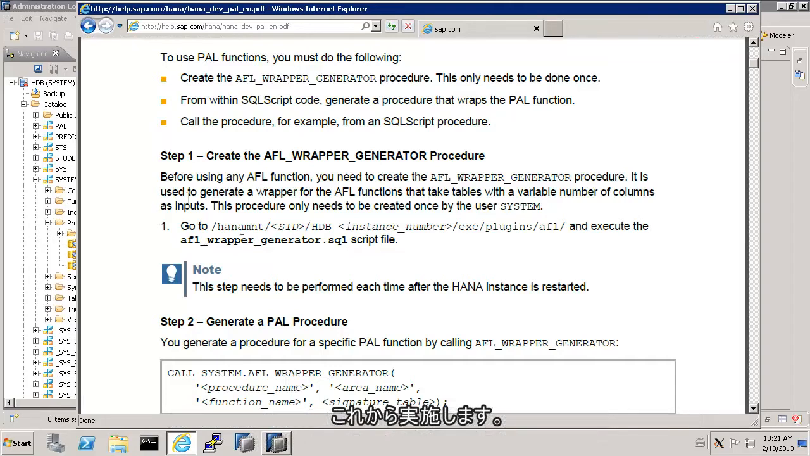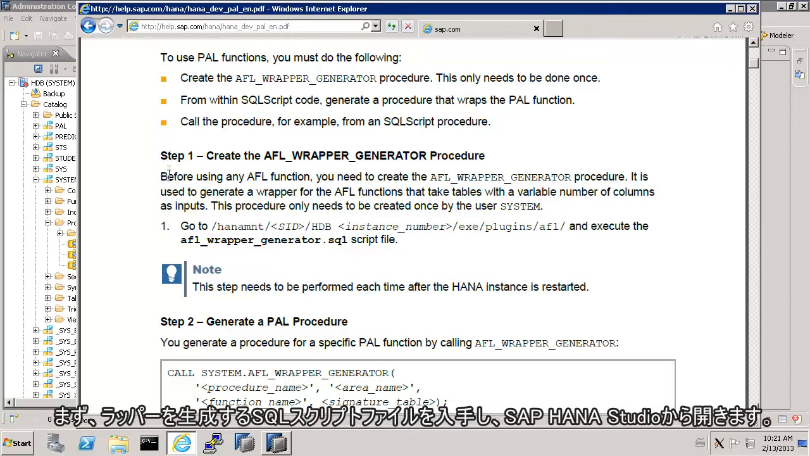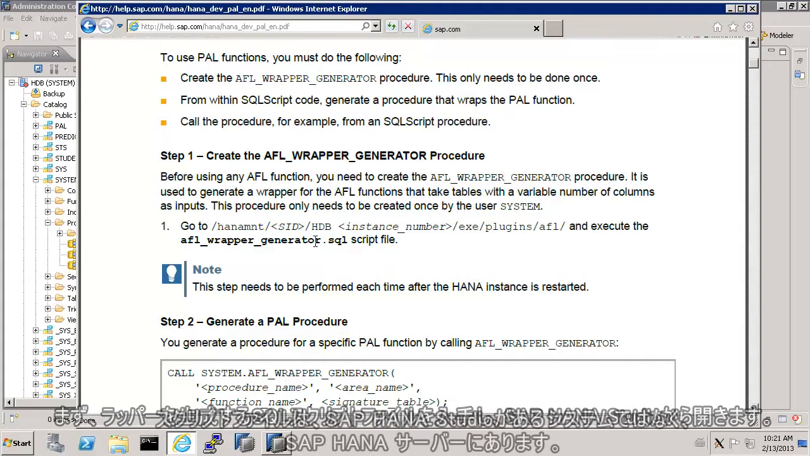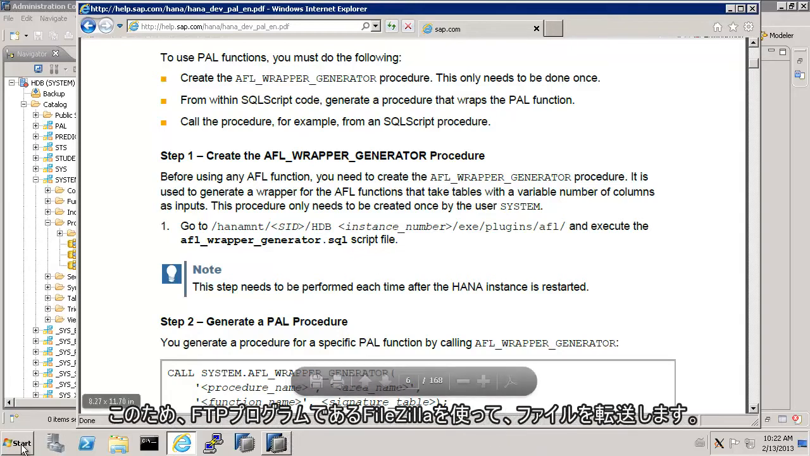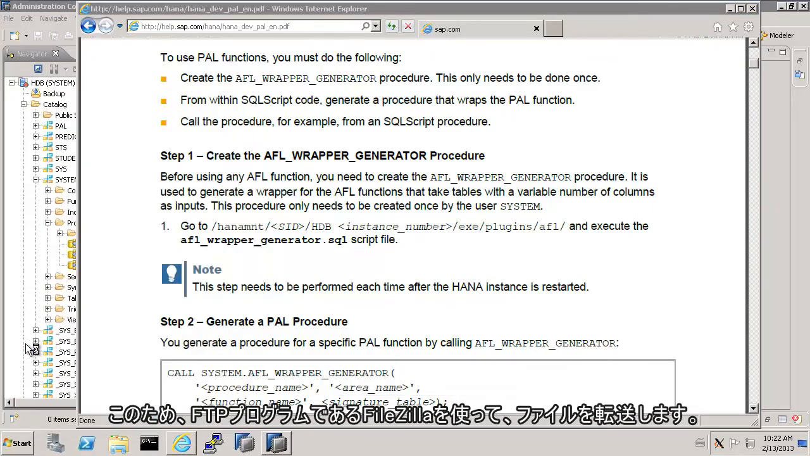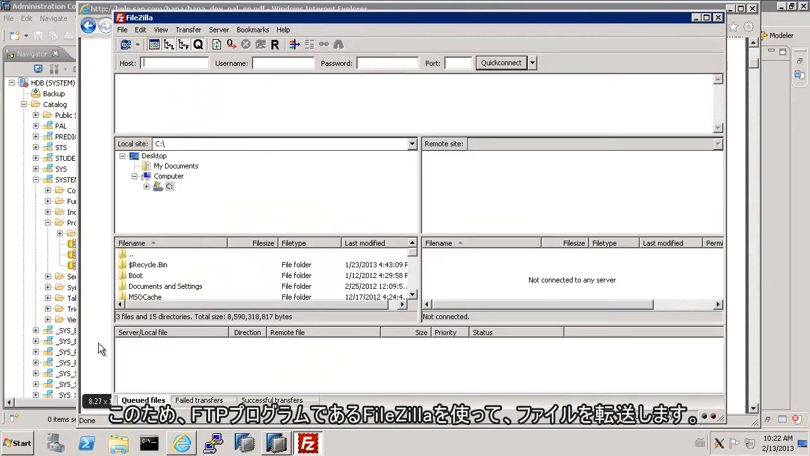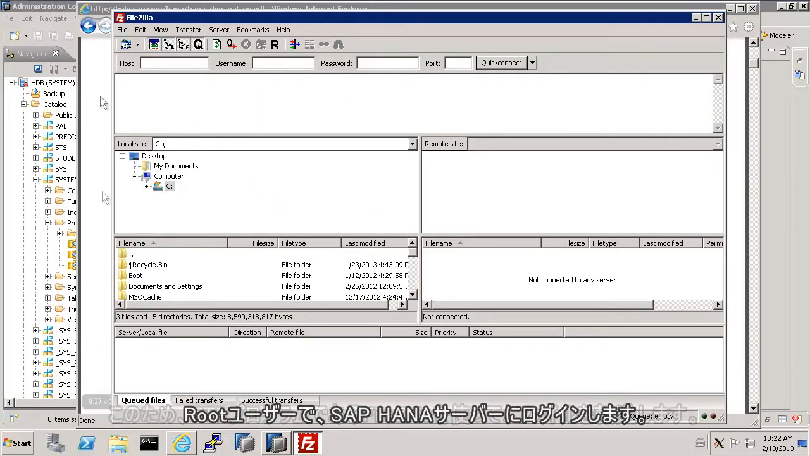So that's what I'm going to do here. The first thing I need to do is to get this wrapper generator SQL script file and open it up within Studio. Now, that SQL script file is sitting on the HANA server itself, not where I'm running Studio from. So what I'm going to do is call my friendly neighborhood FTP program, which in this case I'm using FileZilla, and I'm going to connect to my HANA server as the root user,